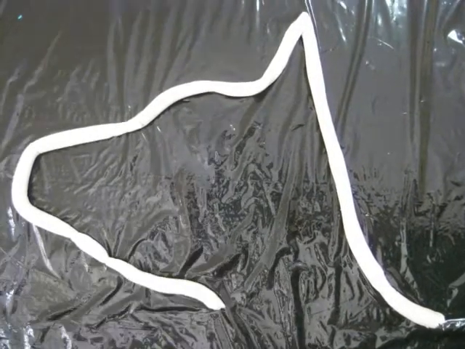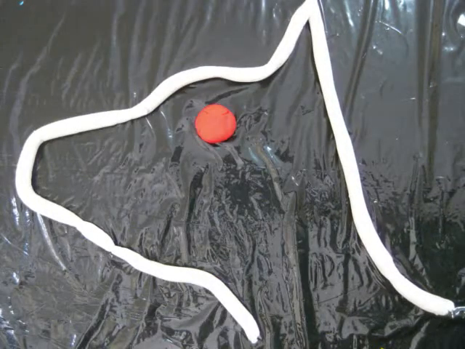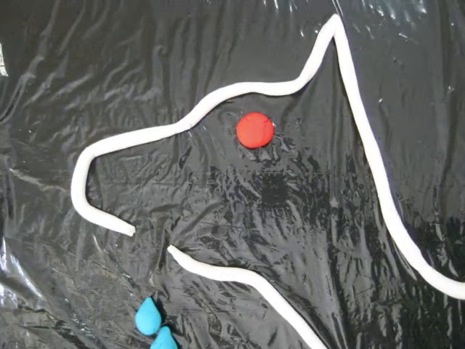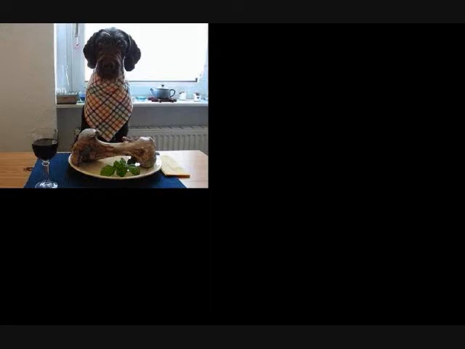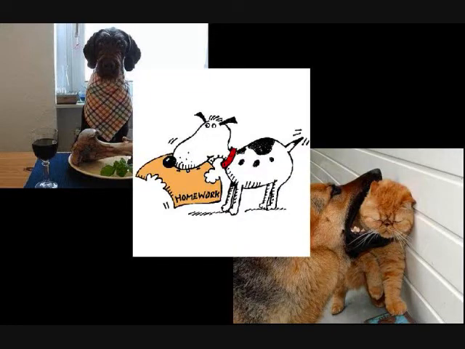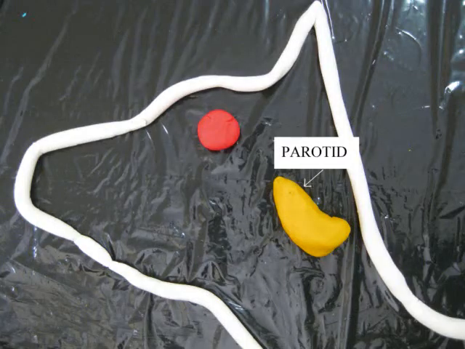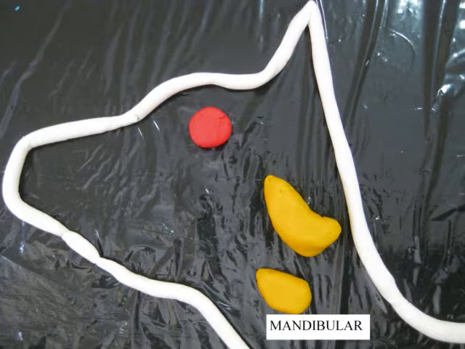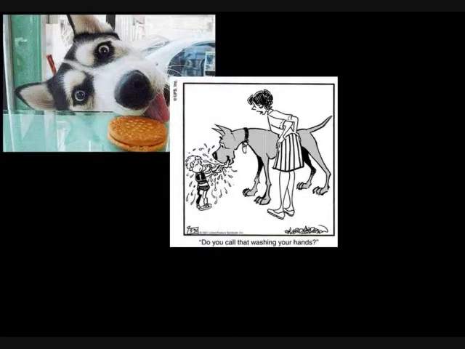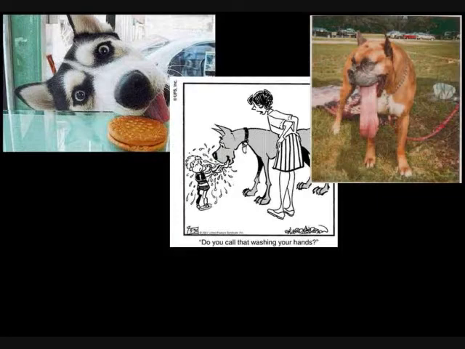You might not want to know about this watery and slimy stuff, but you found out that the saliva plays an important role in digestion. It is secreted during mastication of food by 4 pairs of salivary glands inside the dog's mouth. The 4 salivary glands are the parotid, mandibular, sublingual, and zygomatic glands. The saliva itself is slightly acidic, and the mucus inside it makes it a very effective lubricant